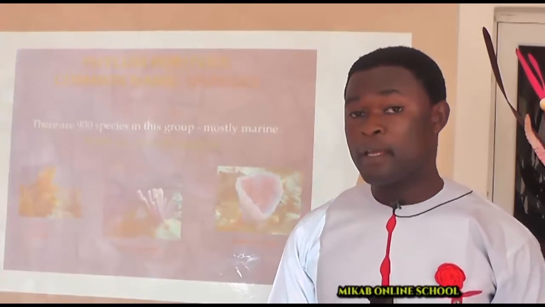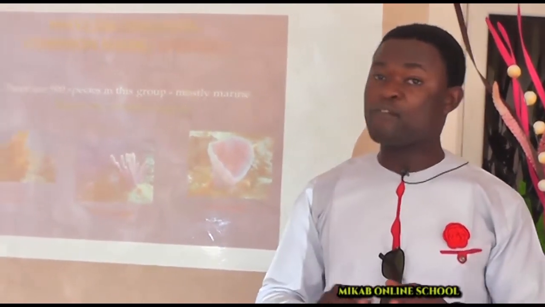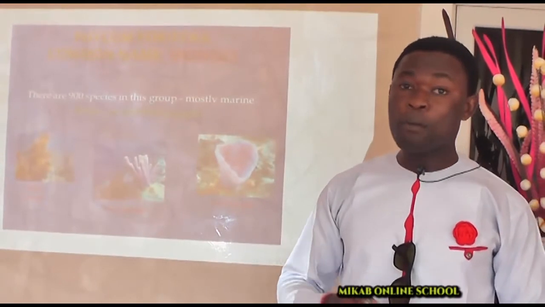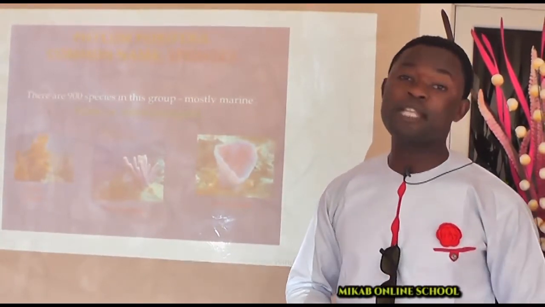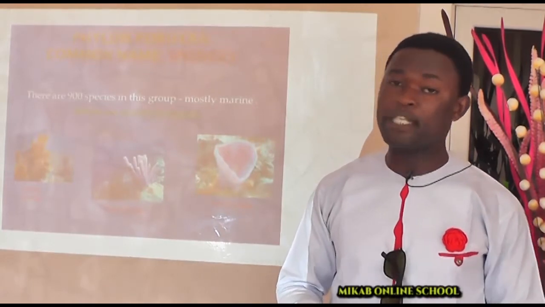So we are rounding up now, but what have we learned so far? We have just introduced ourselves to the first group of the animal kingdom, known as the Phylum Porifera. We have seen what a typical Porifera looks like. It looks like a sponge. And if you also remember from the pictures we saw, these sponges actually have various body forms. Some of them look like a flower vase that we have in our homes. Some of them have the shape of a tube or a cylinder.